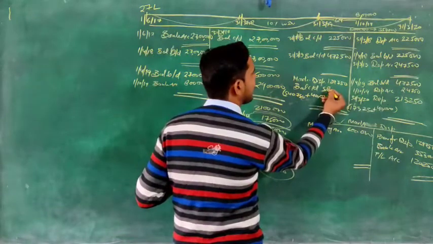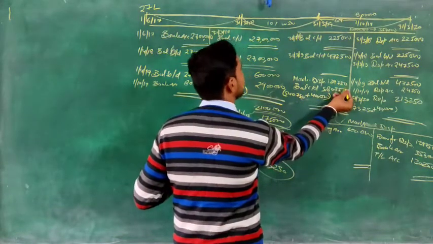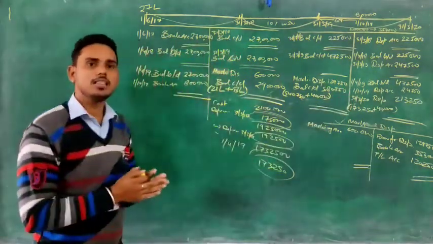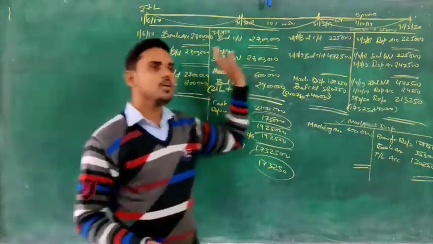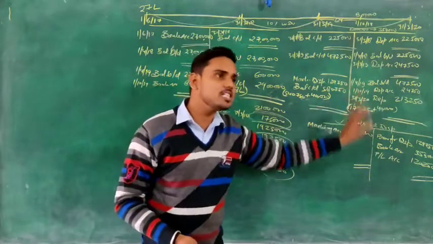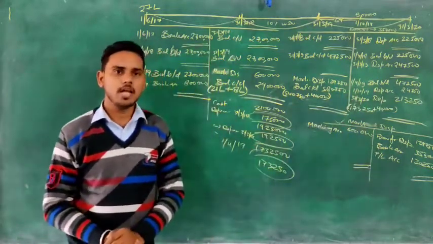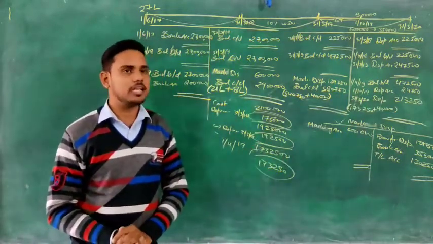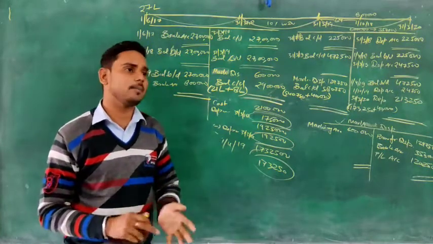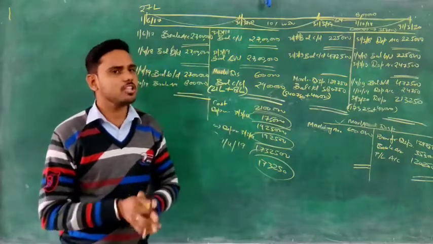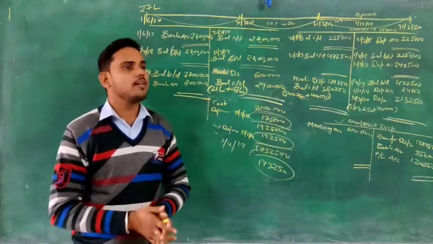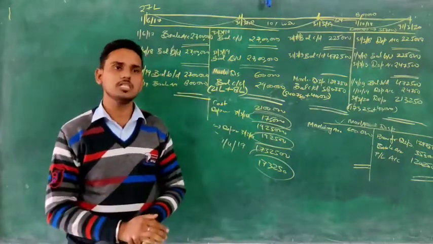And we can add these 2 to find the total balance. So that will be 5,80,750. So this way we can solve the question in which we need to prepare 3 accounts, that is the asset account, provision for depreciation account, as well as asset disposal account. Right? So that was everything related to depreciation. We have seen both the methods of calculating depreciation, SLM and WDV. We have seen all the 3 methods of recording depreciation, and our chapter of depreciation is finished.